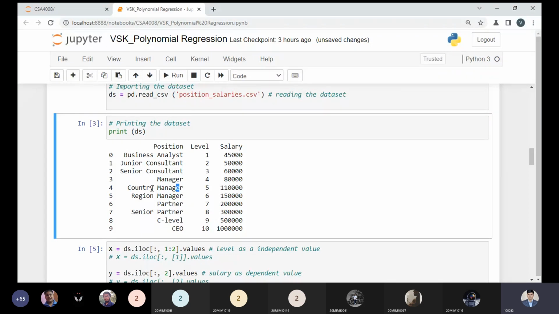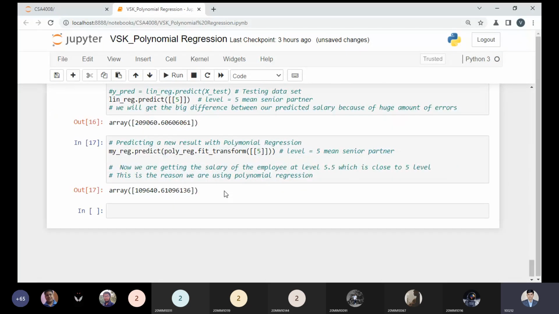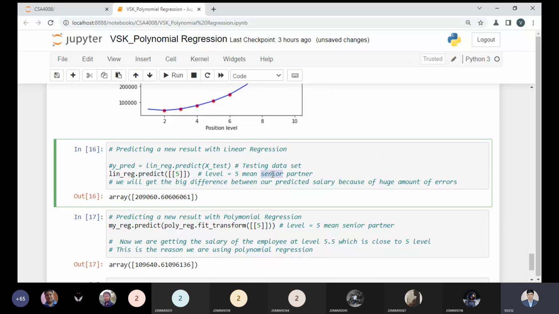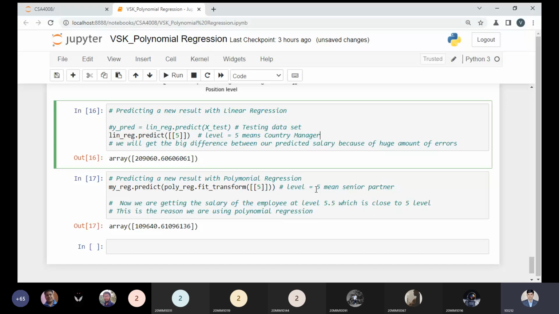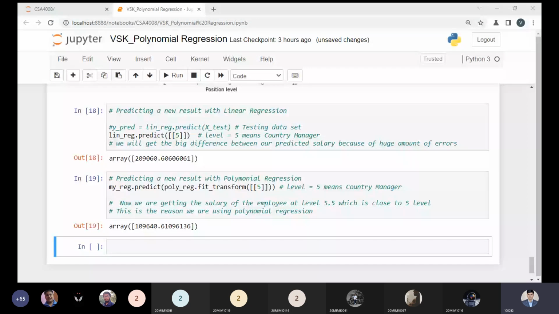So this is a simple program of our polynomial regression. Rather than only theoretically, I explained multiple regression followed by the practical, with a little bit of theory. And the same way I'm explaining polynomial regression with the help of the theoretical and practical parts. So this is the way we have discussed our polynomial regression. So now tell